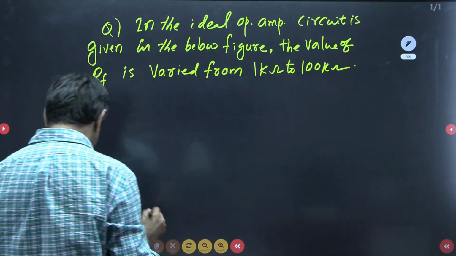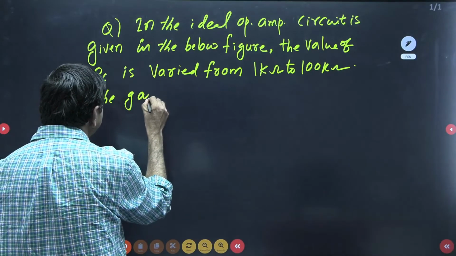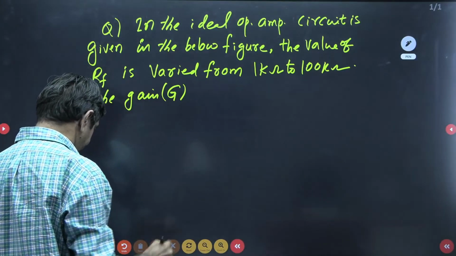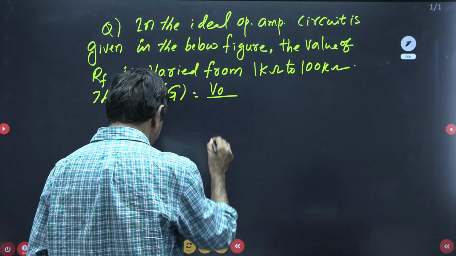The gain G is given as G equal to V naught by VI will be